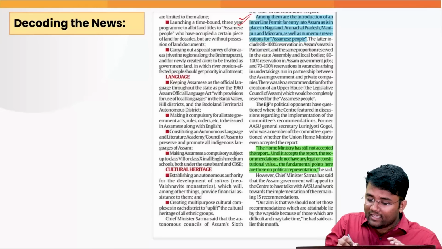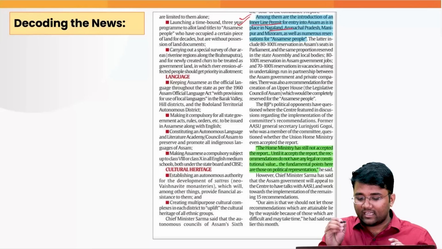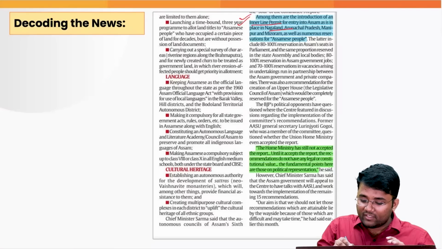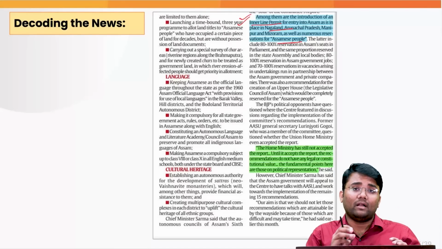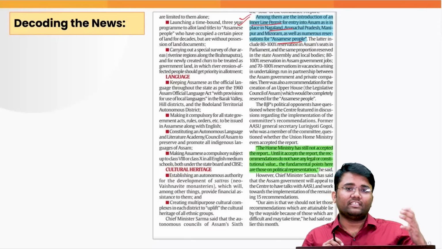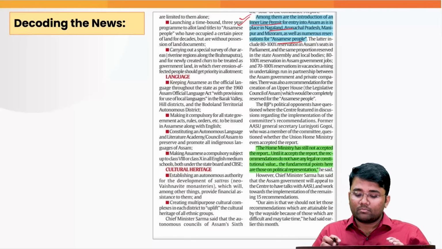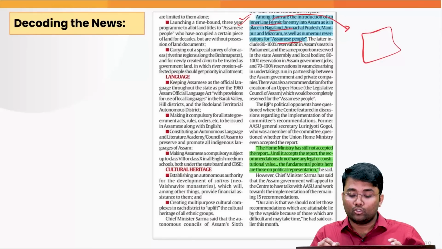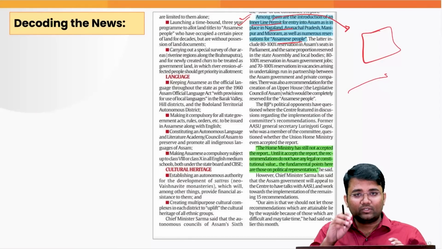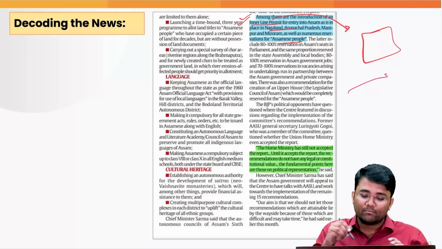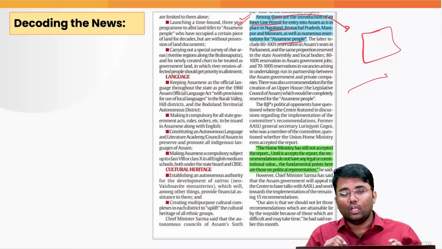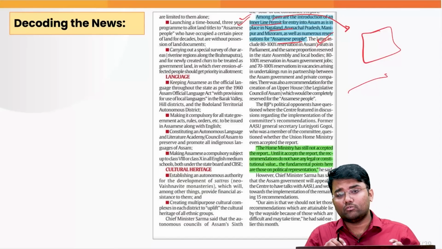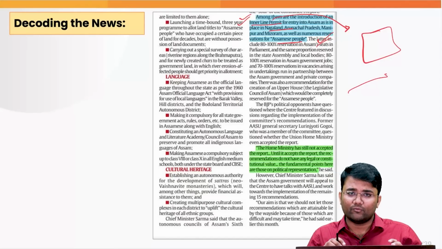This inner line permit, which is in place in states like Nagaland, Arunachal Pradesh, Manipur and Mizoram, as well as numerous reservations for Assamese people, were also demanded by the indigenous people of Assam. The inner line permit is a document that is required to travel to or stay in these areas where it is implemented. So what these people want is that the inner line permit should also be implemented in Assam, which hasn't been